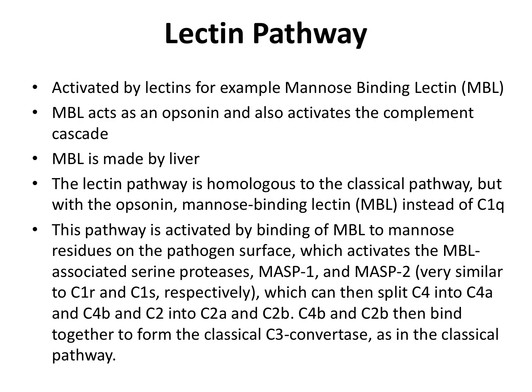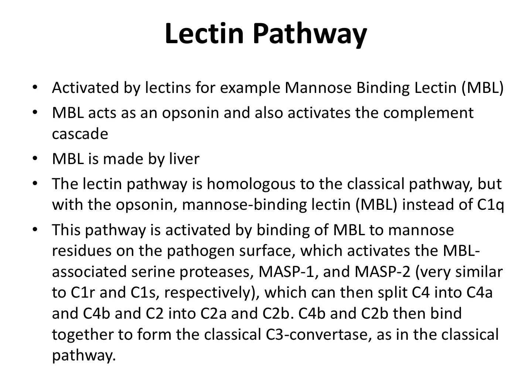The third one is the lectin pathway. It is activated by lectin, for example mannose binding lectin, MBL, which acts as an opsonin and also activates the complement cascade. MBL is made by the liver. The lectin pathway is homologous to the classical pathway, but with the opsonin mannose binding lectin instead of C1q. This pathway is activated by binding of MBL to mannose residues on the pathogen surface, which activates the MBL associated serine proteases, which are MASP1,